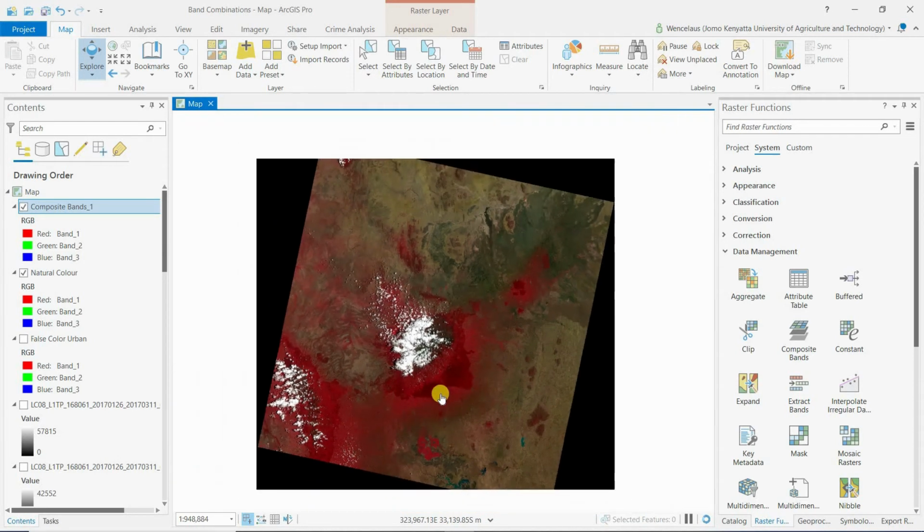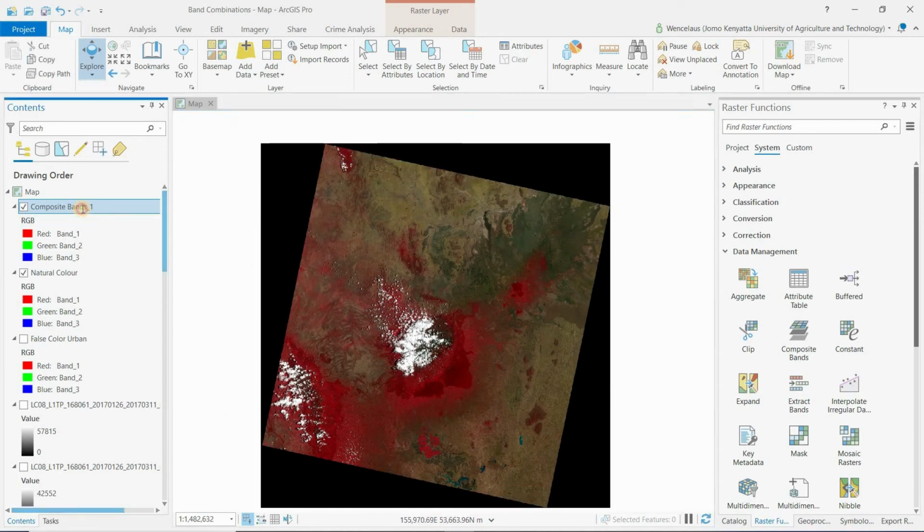Another false color combination, so we can just name this color infrared, and then we can say vegetation. All right,